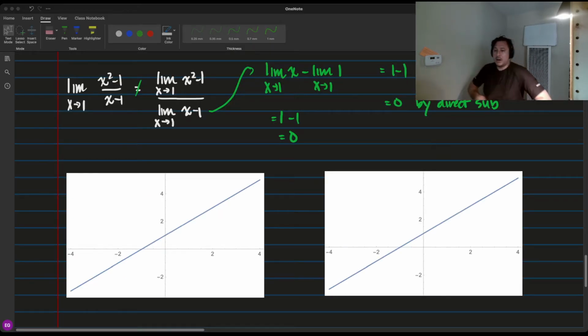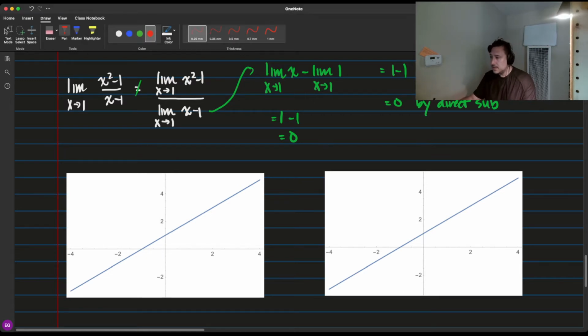There we go. Okay, there are the two graphs. I'm going to call this one the graph of x squared minus 1 over x minus 1, and this one over here is going to be the graph of x plus 1. Now the crucial difference between them: we'll call this one f of x, and this one g of x. They look very similar, but f of x is not actually equal to g of x. They are slightly different. The difference being that f of x is undefined